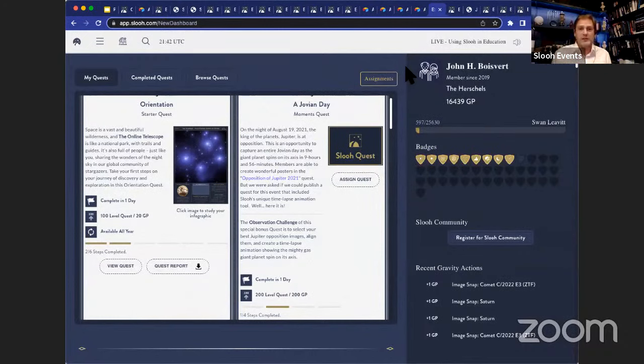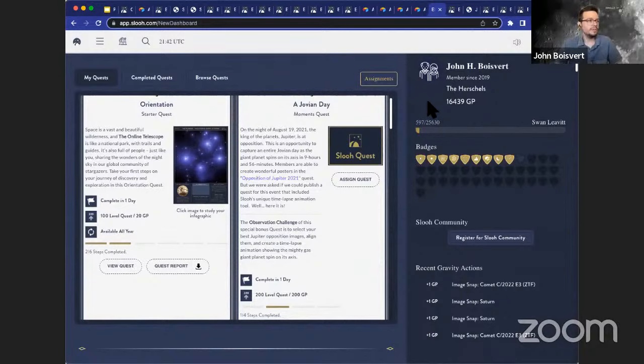And this is a very recent addition. I think only over the last 2 weeks we've launched this. That's right. Yeah, it's very, very new. And so this is a way for educators to assign individual quests to your students. So there's a couple of ways that you can do it, as Paul mentioned.